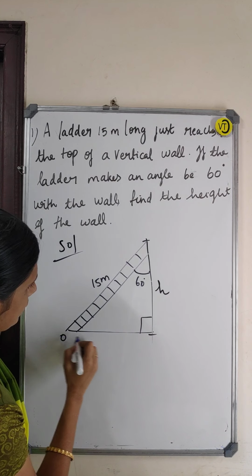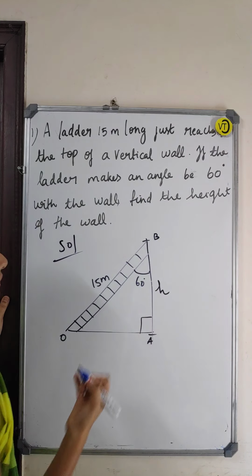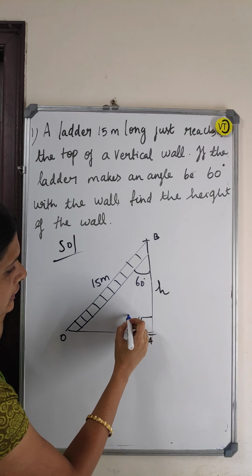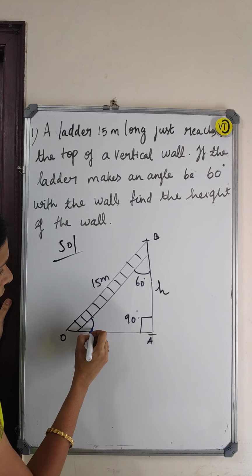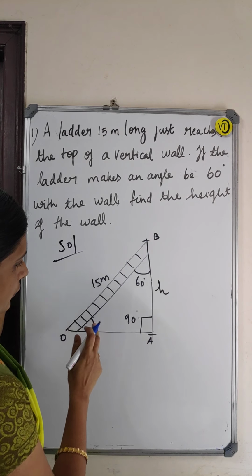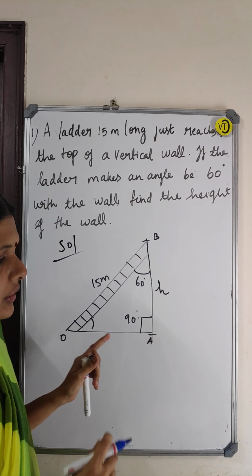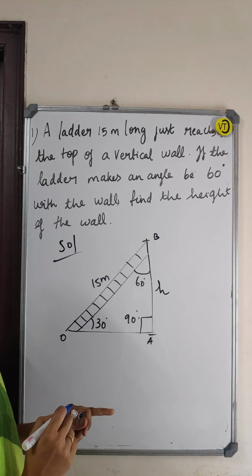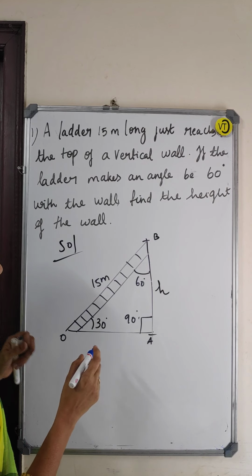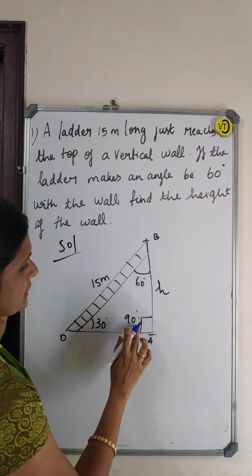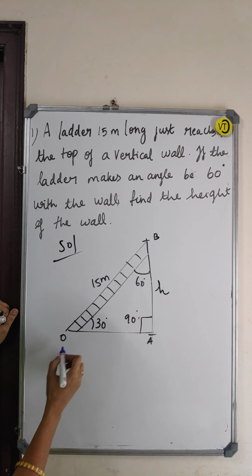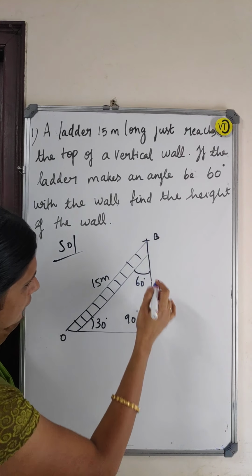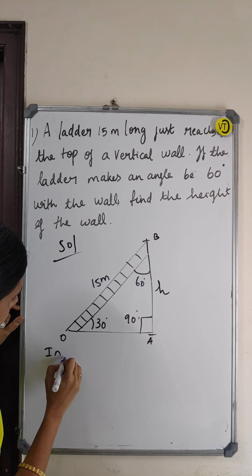Let me take OAB, I am naming it first of all. This is 90, this is 60. What about this angle? How do you know it? Angle sum property: the angle sum is 180 degree, so 30 plus 60 plus 90 gives 180 degree. So first of all, you want to find the value of the wall, AB. In triangle